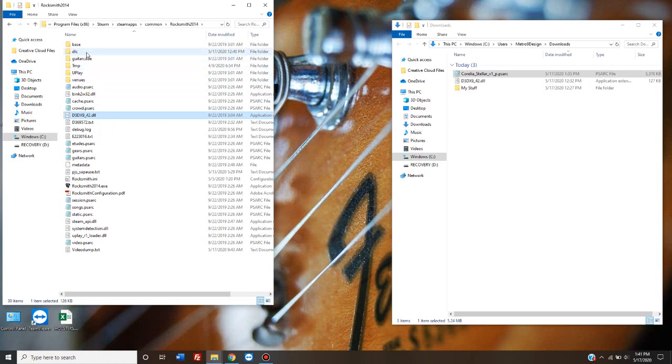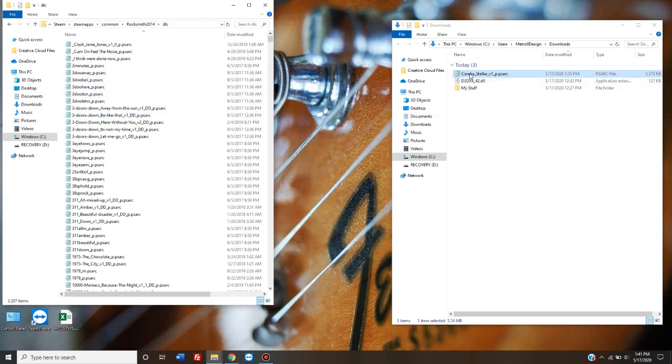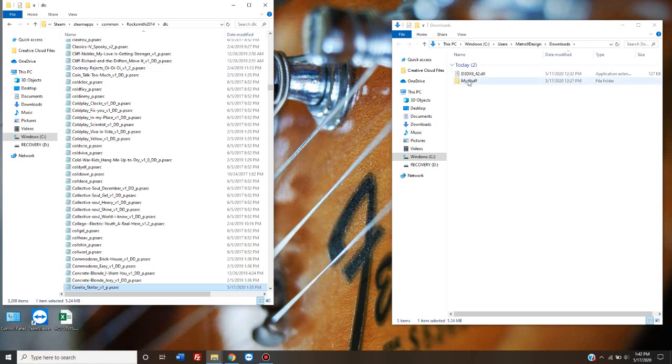So the song folder, where all the songs that you've bought or downloaded for free, or that came with the game, are all going to be in this DLC folder. So double click on that. And then you can just drag and drop this song into here. Or, now that I've already moved it, you could have right-clicked on it, copied, and come over here, right-clicked, and pasted. Okay, and now that the song's there, if you've already patched the game and already done everything we told you to do in the how-to-get-these-songs-to-work video,